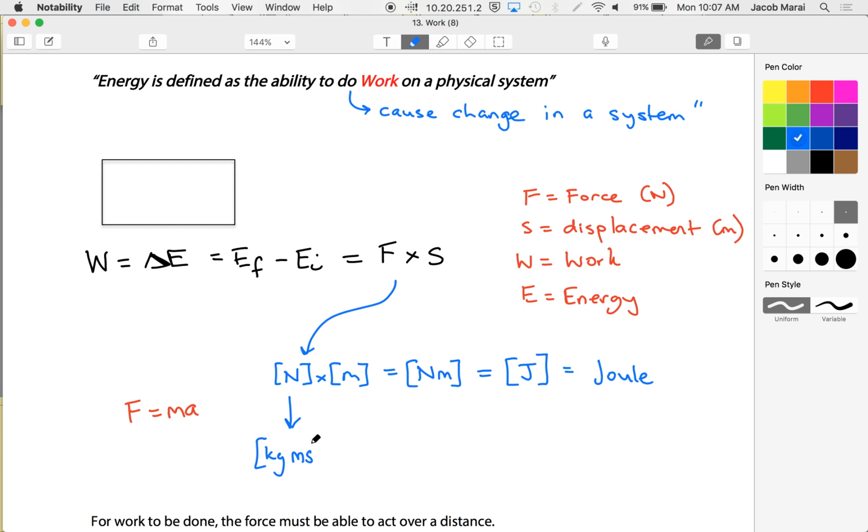The unit for acceleration is meters per second squared. And if I multiplied that by another meter, then we get kilogram meters squared per second squared. That's the true unit for energy. But I don't say that a candy bar has 4 million kilogram meters squared per second squared. That's a bit silly. I would say that the candy bar has 400 calories, or 8 million kilogram meters squared per second squared. Rather than saying,